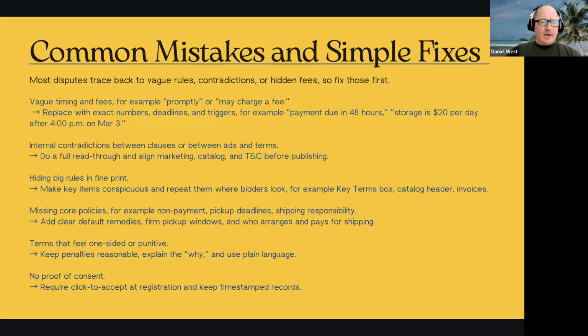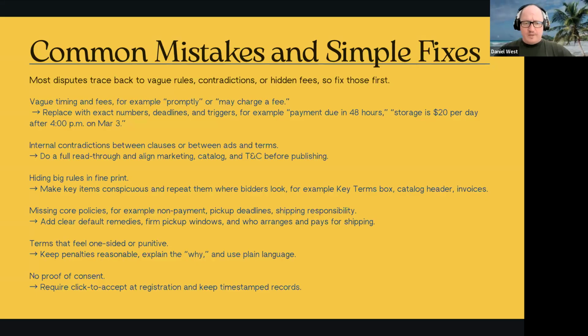All right, so I don't think I'm going to go in between all of these different examples, but the general point, as you can see here, is to be much more clear, have good definitions in terms of what you mean by the timing, have deadlines specified in hours, dates, times, all of that.